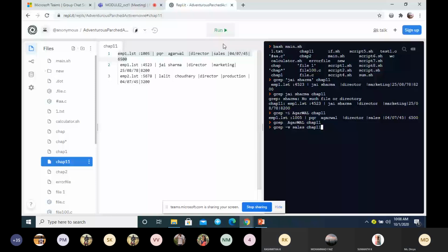Srikanth, is Srikanth there? How many lines? Yes, ma'am. What will be the output of this? Grep minus v sales CHAP11.